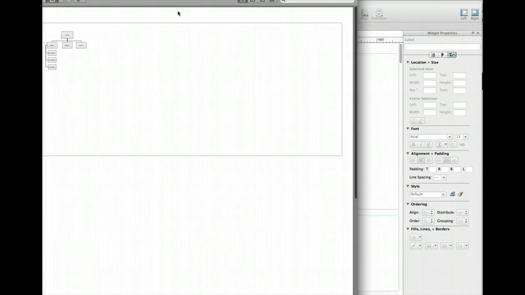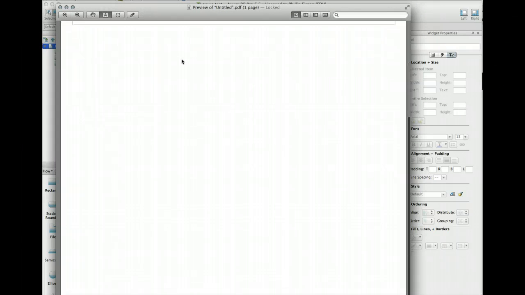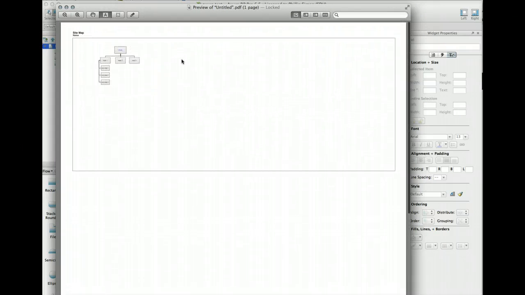Now if I preview this, you see what it did? It made the box fit in one 8.5 by 11 page. So assuming we're going to want to show these in an 8.5 by 11 format, that's the size we'll use. What I realized, and actually I had to look it up, is that I assumed it was